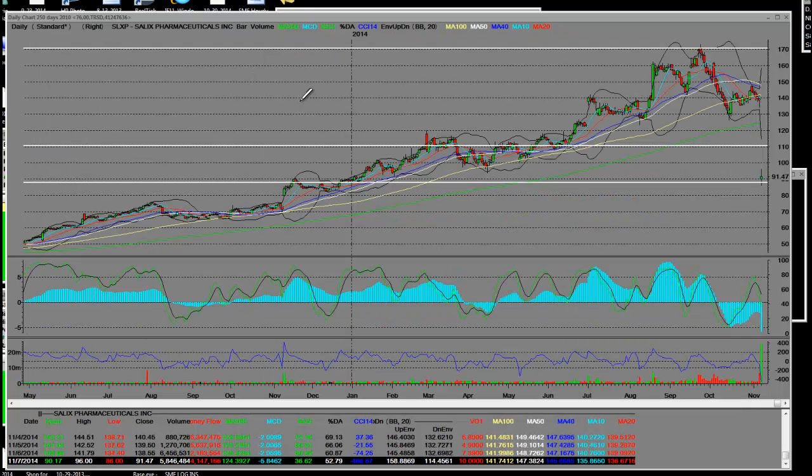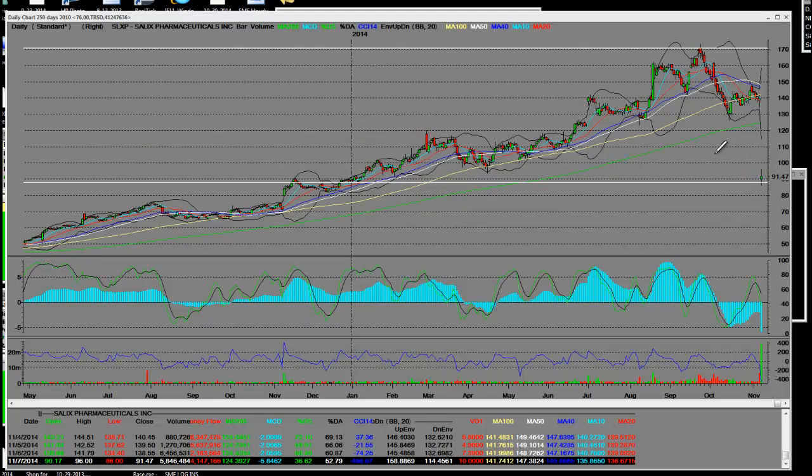I have a daily chart right here on SLXP. So basically, you can see that big gap down on this daily chart. The support line, the major support line right over here was broke. So we're going to draw another one right now. That's this lower end right here. So as the stock, I'm going to draw another trend line right here, right now. That's ultimately going to be a potential trading range, but it's going to be based on this right over here